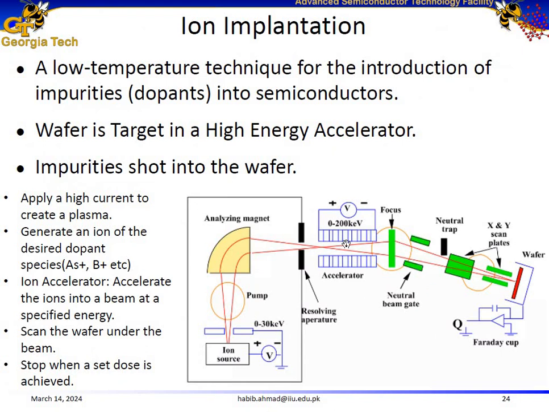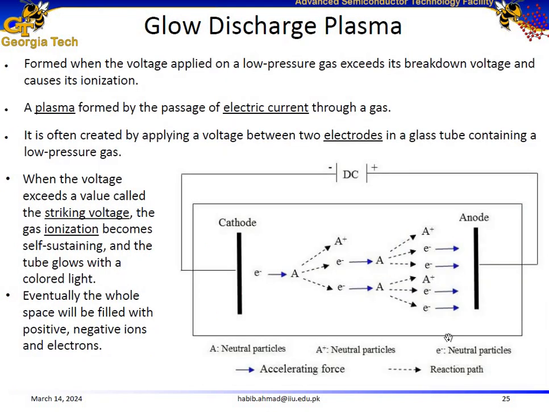Here is the block diagram of ion implantation. So initially we need a source of ions. And how do we generate that source of ions? We actually have a tube. We introduce a low pressure gas inside the tube, which has a mixture of the dopant atoms plus some other